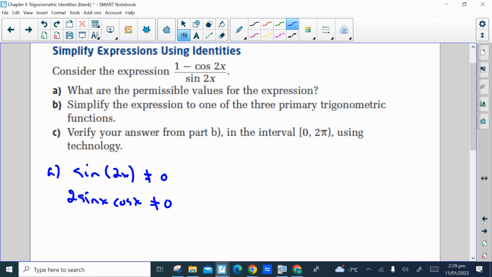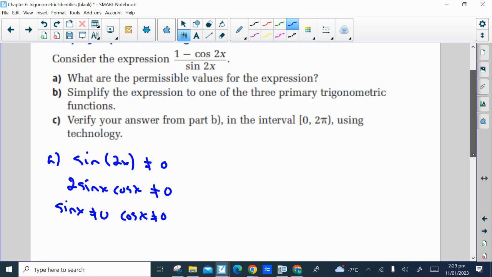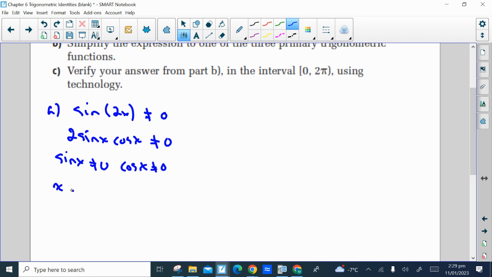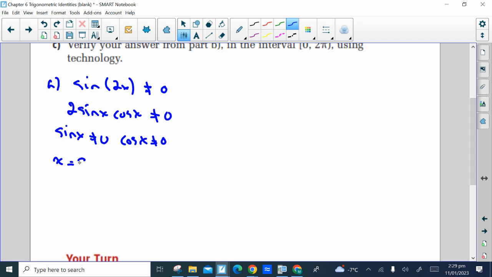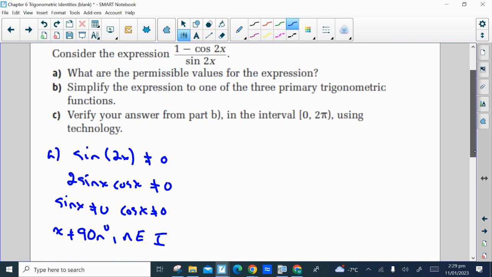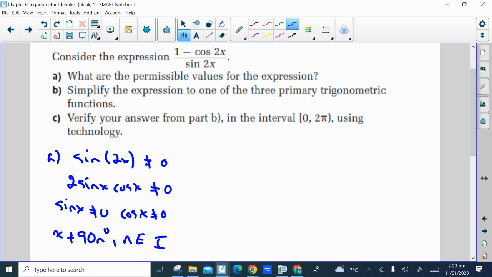And so neither sine x nor cos x can equal 0. And as we saw last class, that would mean that x cannot equal, now it doesn't tell us whether to use radians or degrees, so let's use degrees. X cannot equal 90n degrees. Every multiple of 90 degrees is where either sine or cosine equals 0. So there's the restrictions. And you could confirm that by putting that original equation in the graphing calculator,